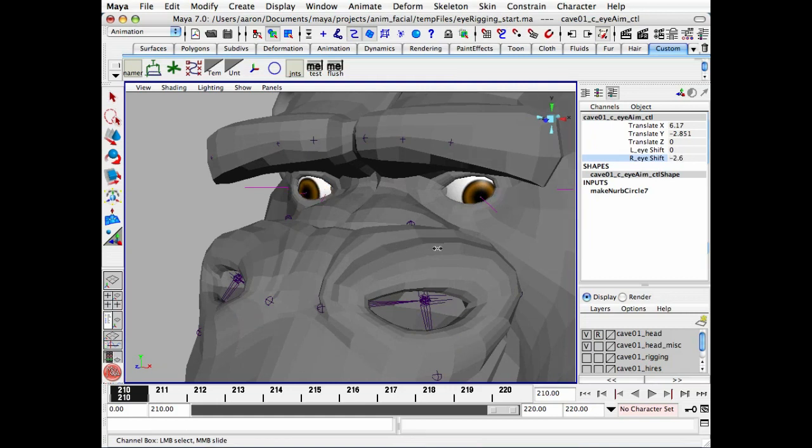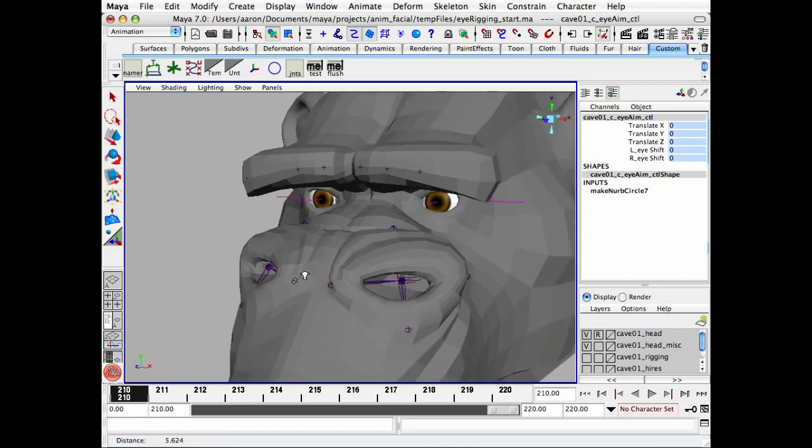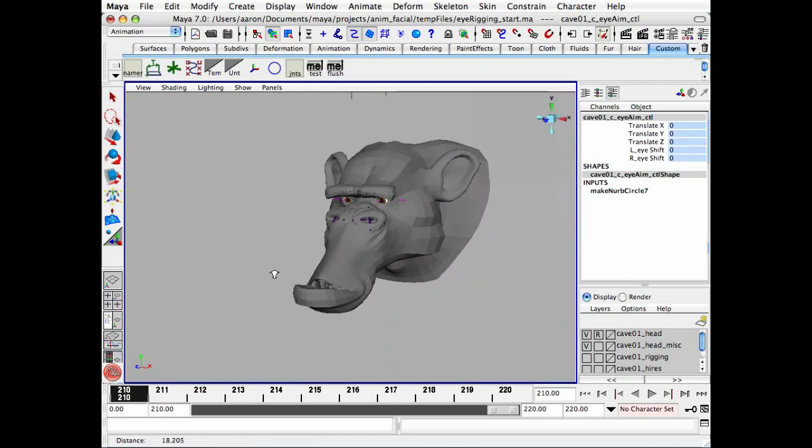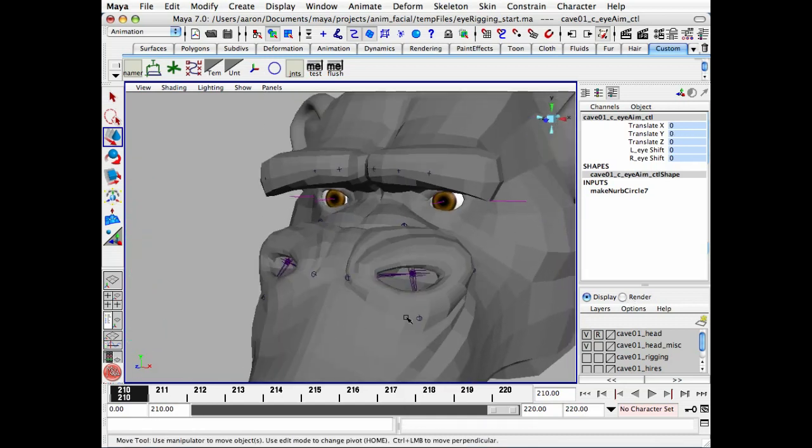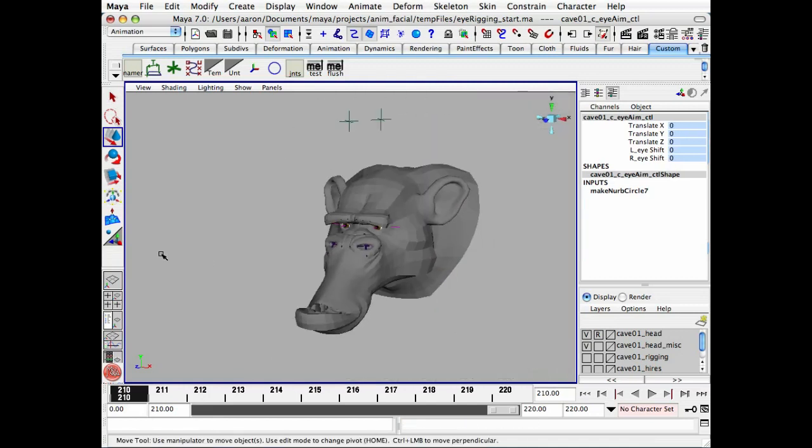I have a little added control on each eye. So zero these out. It returns to the default. Pretty simple, pretty straightforward. An iAim controller